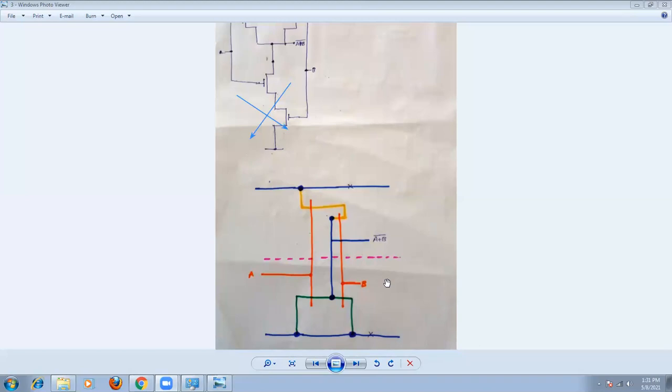Definitely we will get some more idea about this. In the next class we'll go for some other stick diagrams in the CMOS design style, and then we can go for the remaining layouts. That is about the CMOS design style. So now I'm going to stop this. Remember that point, the most important thing in this case.